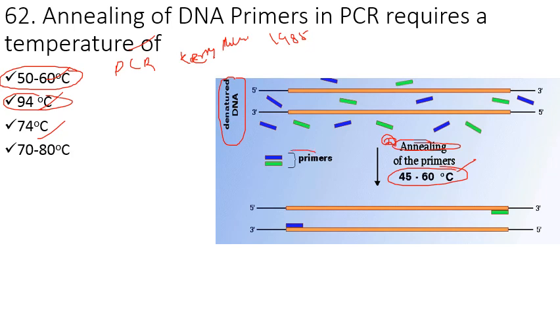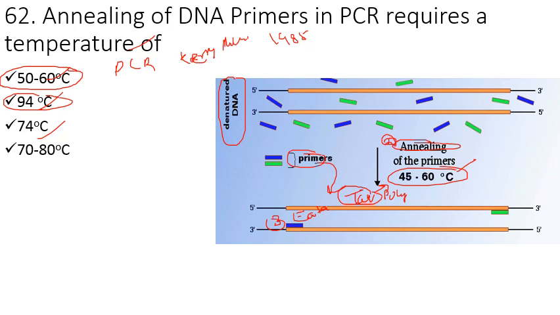addition of this primer to the DNA, which provides a site for DNA polymerase, or we can say the enzyme used for this PCR, Taq polymerase, which is obtained from a bacteria, that is Thermus aquaticus. So this is the enzyme which is stable at very high temperature, and this primer provides the site of attachment to this enzyme for the next step, that is the third step, known as extension, which involves polymerization of DNA. So this step involves 1 cycle of PCR amplification, and feasibility of PCR depends upon thermostability of polymerase,